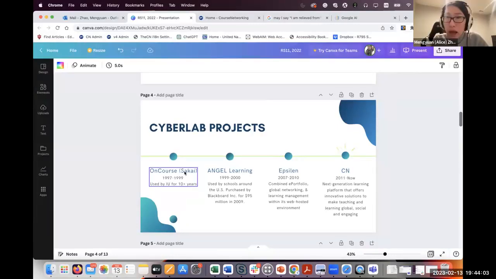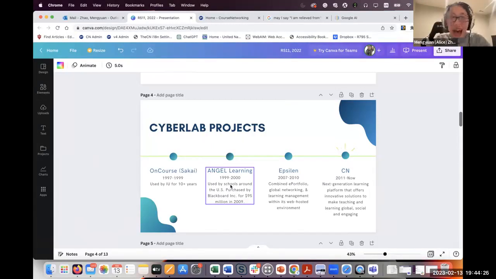IU used it, I think, for about a decade or so before Canvas. And Angel Learning is a commercial version of Sakai, which was sold to Blackboard for almost $100 million, bringing back a huge return on investment to Indiana University.